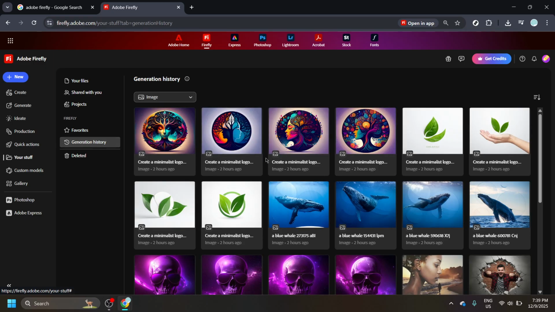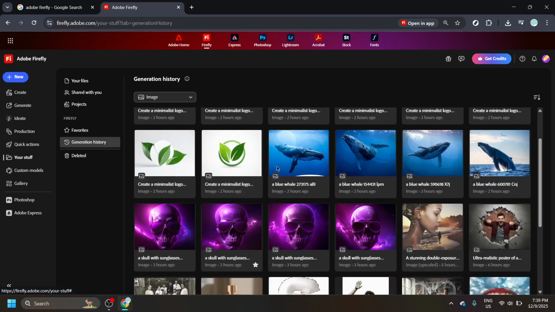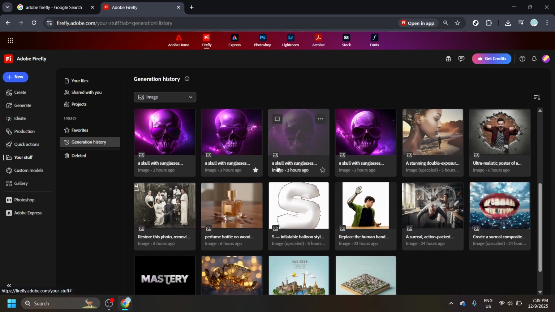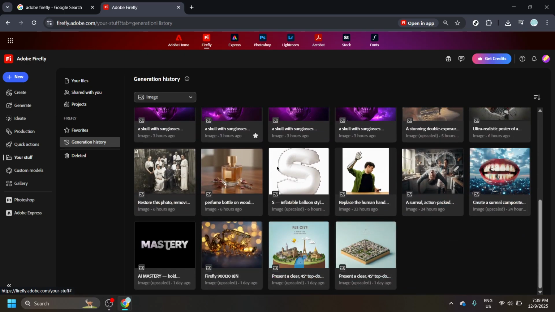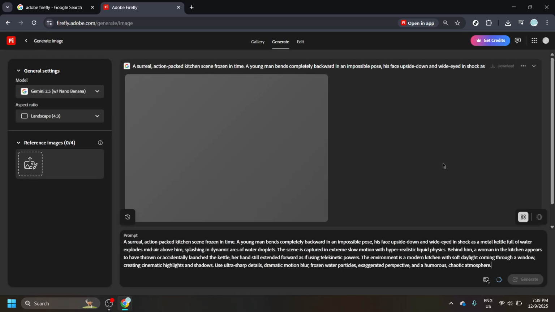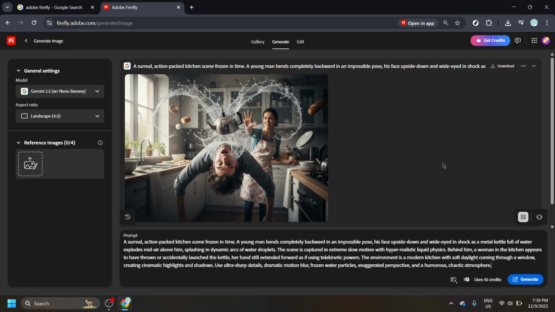You'll typically see the image or effect you generated along with details like the prompt, the tool used, and a timestamp. Clicking any item opens it so you can review settings, duplicate the result, or generate new variations based on the same idea. Many users like to favorite their best outputs for quick access, and you can usually filter or sort your history to narrow down what you're looking for. If you work across devices, your history should sync with your account, so items created elsewhere will appear here once